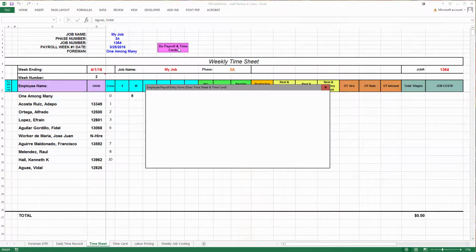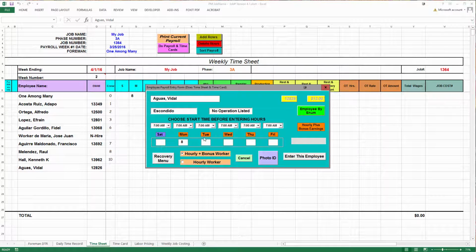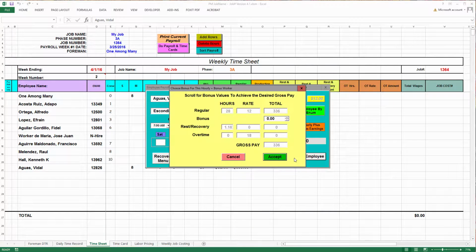Our first employee will be Awas Bidal or Bidal Awas. He has 8 hours on Monday and he has 4 hours on Tuesday starting at 10 a.m. Notice that we enter the time that he starts before we enter the number of hours for that date. Our target number for his earnings is $600, and we'll verify that hour plus bonus worker is checked and press